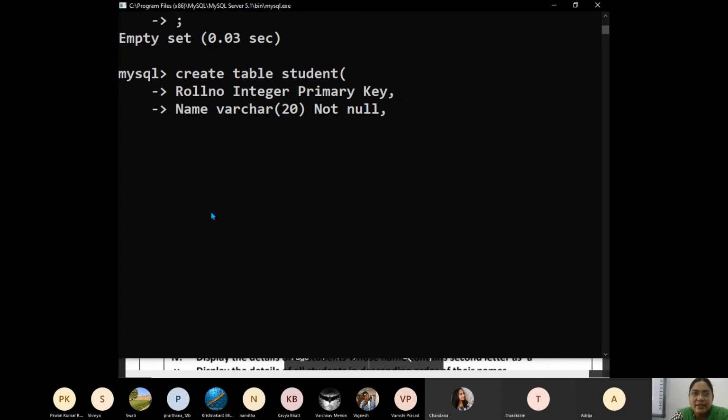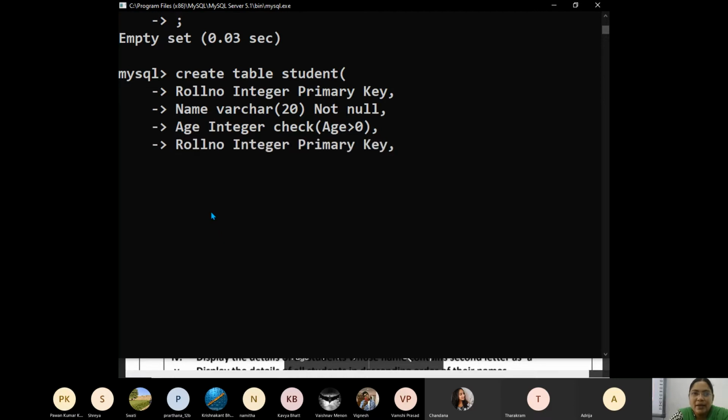And what is the next one? Name, varchar of size 20, and then age integer. Here check is greater than 0.